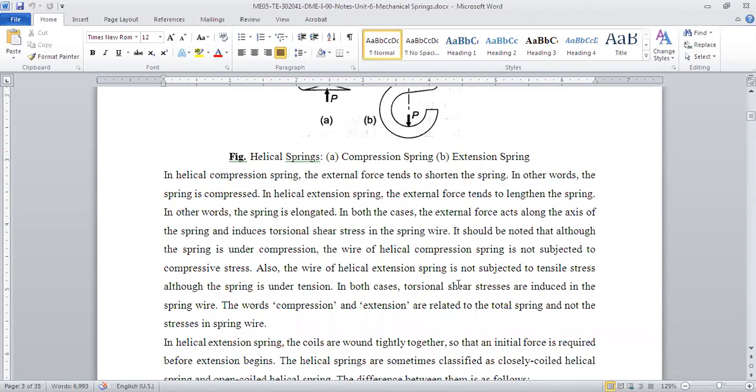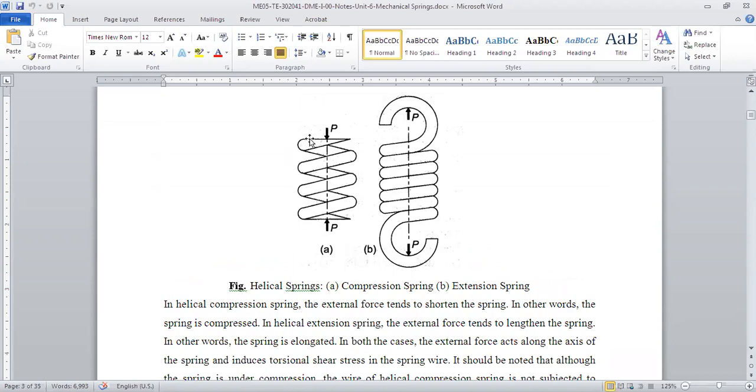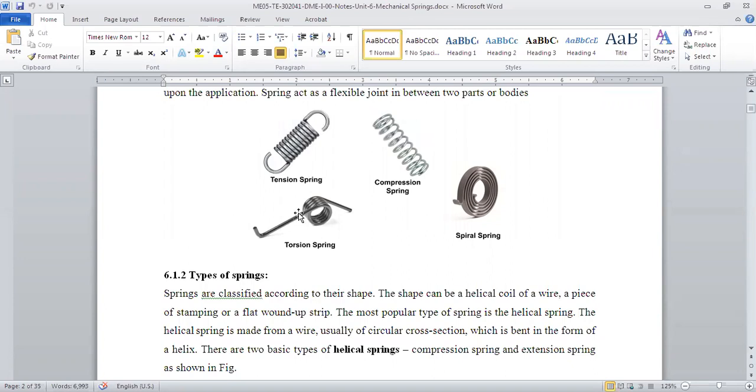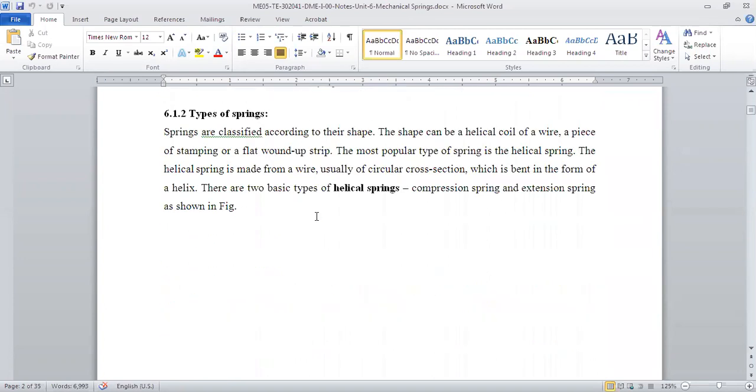Are you guys following me? What I'm trying to say is that if you take these examples of four springs, each of them will have a different kind of stress. You will assume that it has a torsional stress, but no, it has bending stresses, right? So why is that, and how do we need to understand that?